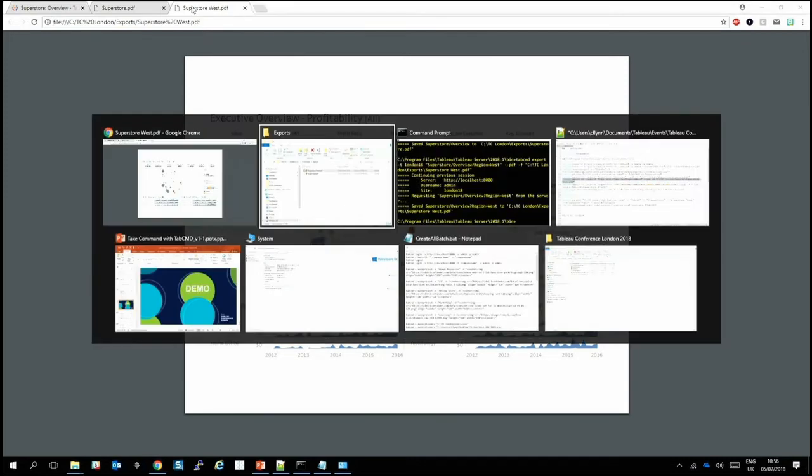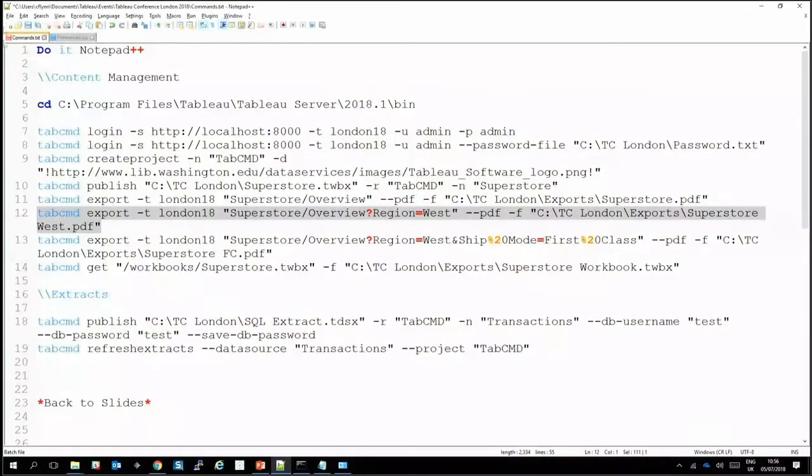Okay, so what's the next one we've got? What if we want to create more complex filters or multiple filters? It's also worth pointing out that you don't actually need to have the field in the view to filter by. I've actually done this test where I've not used the field, let's say region or ship mode, and I've still been able to filter on that. As long as it's part of the data set, I can filter that. So you can programmatically have this work for you. This example here